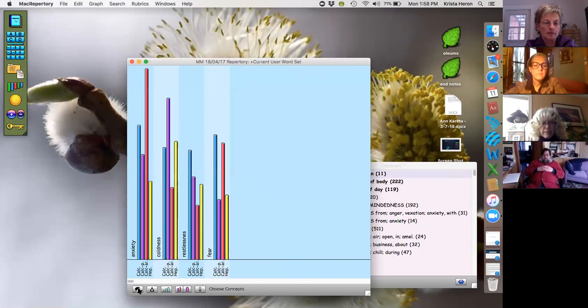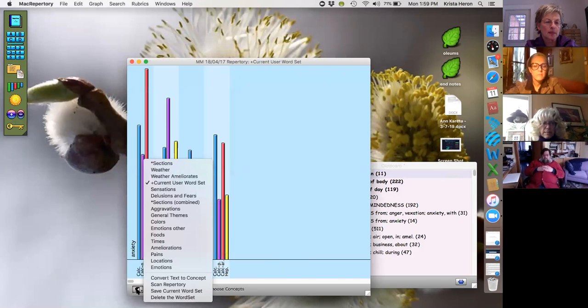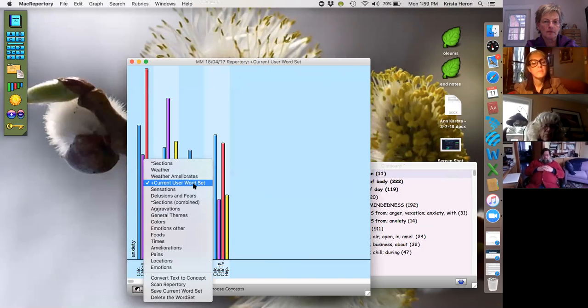While we're here, we can see this little picture of a person. And if we drop that down, we have all sorts of different ways to use this concept graph. At the moment, we're using how I just did it, was put in remedy names and certain concepts or words, and it chooses that. But if instead we wanted to look at their configurations or their algorithms or whatever already designed, then we can